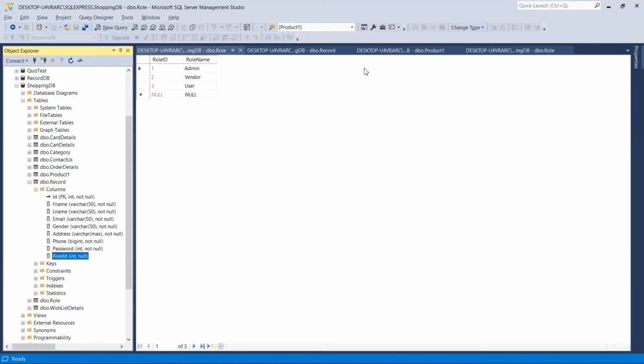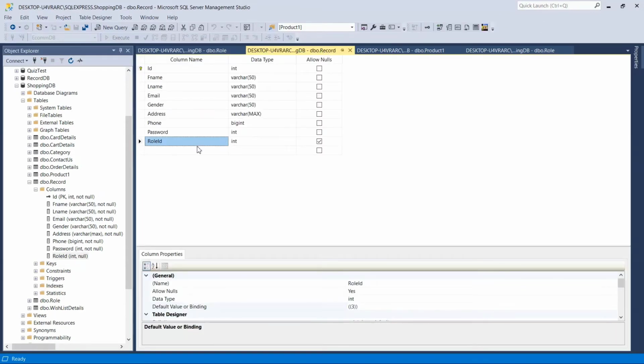If you can see here, where is the record here? For this column role id, I have passed the default value 3. That means if I don't pass any value for this role id column, it will add 3 by default inside this column.